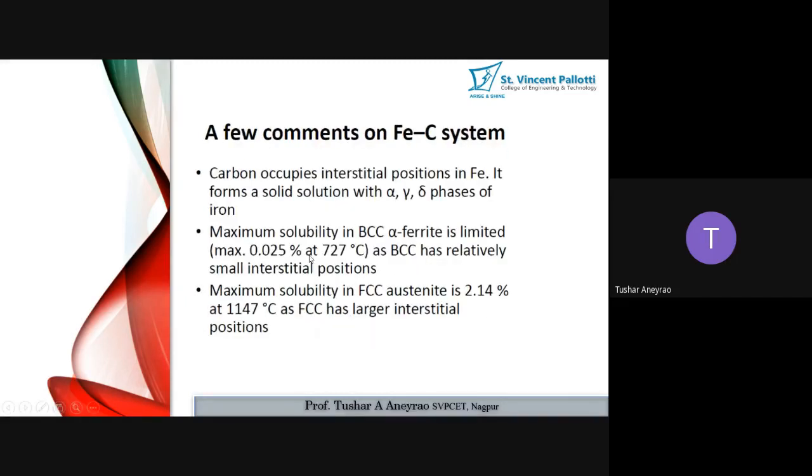Okay, so I think you have understood these things. If you calculate the APF of the BCC structure, it is denser than the FCC. That's why alpha ferrite has a BCC crystal structure and less amount of carbon, because carbon goes into the interstitial space. The FCC, which is austenite, has more carbon because comparatively larger space is present in the FCC crystal structure. That's why we are getting austenite with FCC crystal structure.